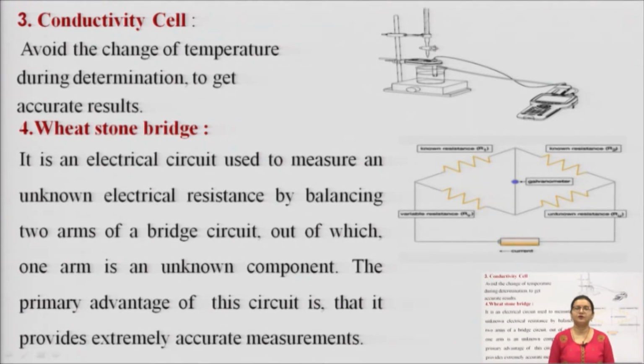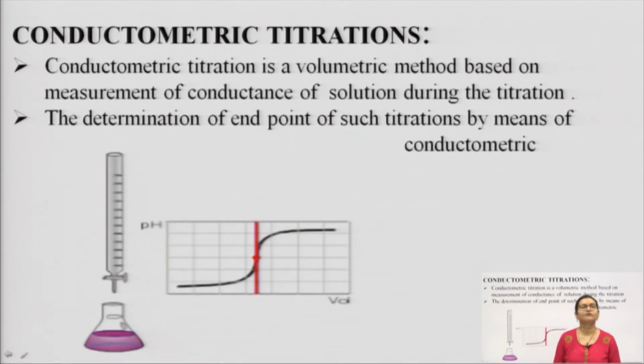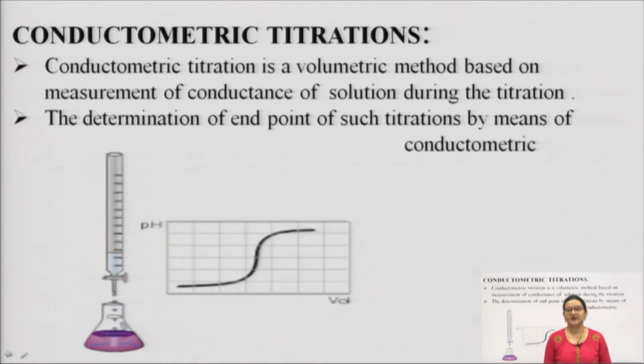So, this was all about conductivity measurements, the summary of conductometry: what are the components of conductometry, what are the parts, what is the instrumentation of the conductivity cell, and how does it work. Now, let us study conductometric titration in detail. Now that we have a clear idea about what conductometry is, what it includes and how we can do it, we shall study it in detail.